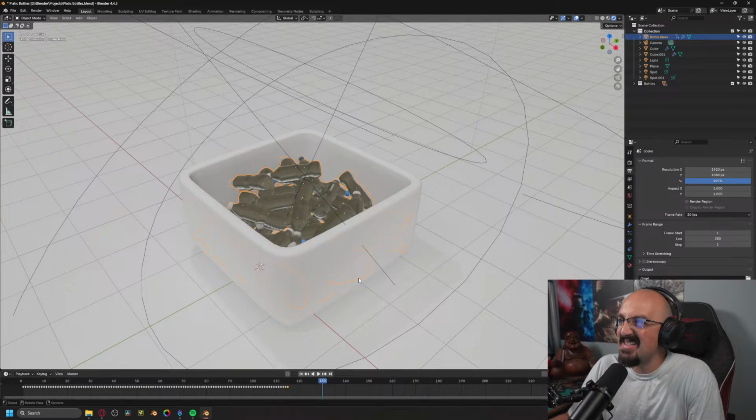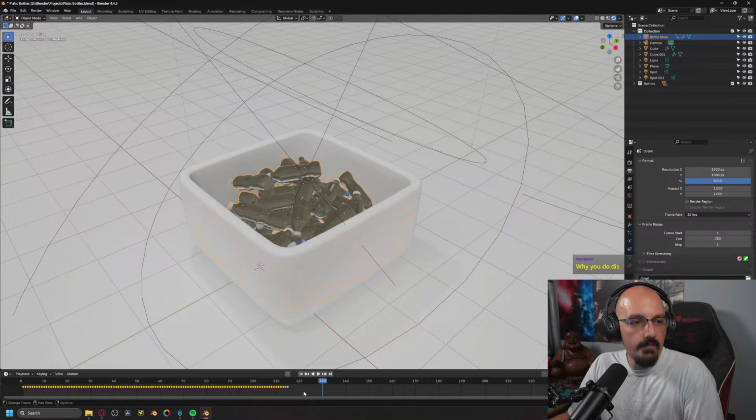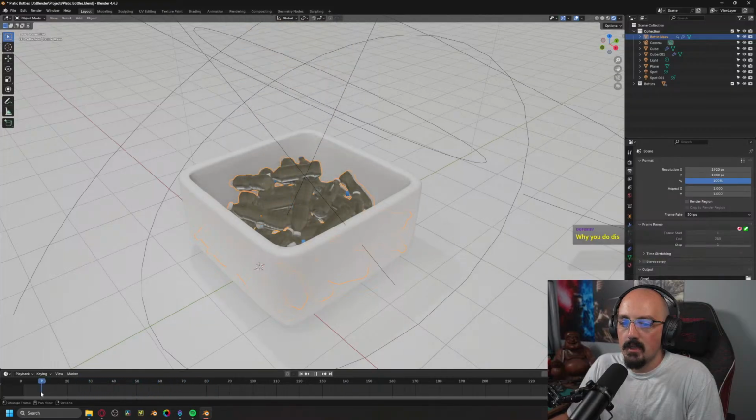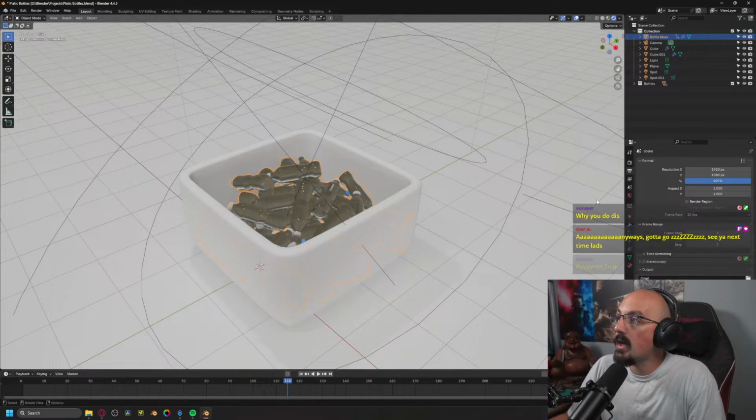I see. Just gotta get rid of all these keyframes besides the last one. That's right. So then it goes blah, blah, blah. Then when it gets to frame 115, I can